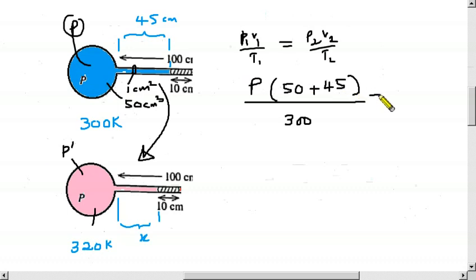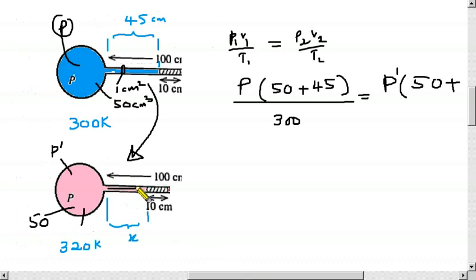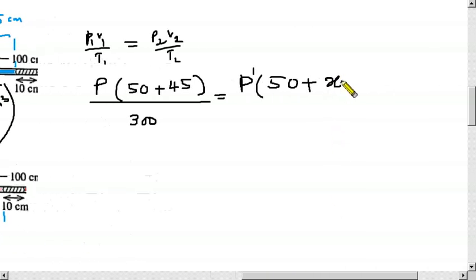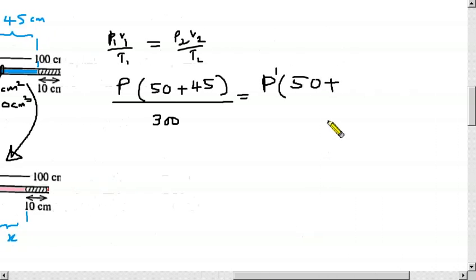So now equals, the pressure is P dash now, the volume is here 50, the bulb has 50 cubic centimeter, plus this air column has x cubic centimeter, just x, because actually x times 1, the cross sectional area is 1, so we don't have to write 1, therefore just you can write x,